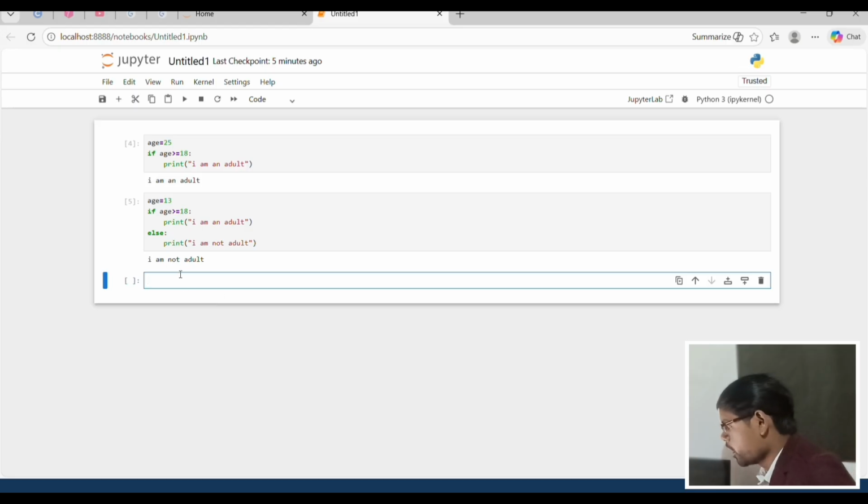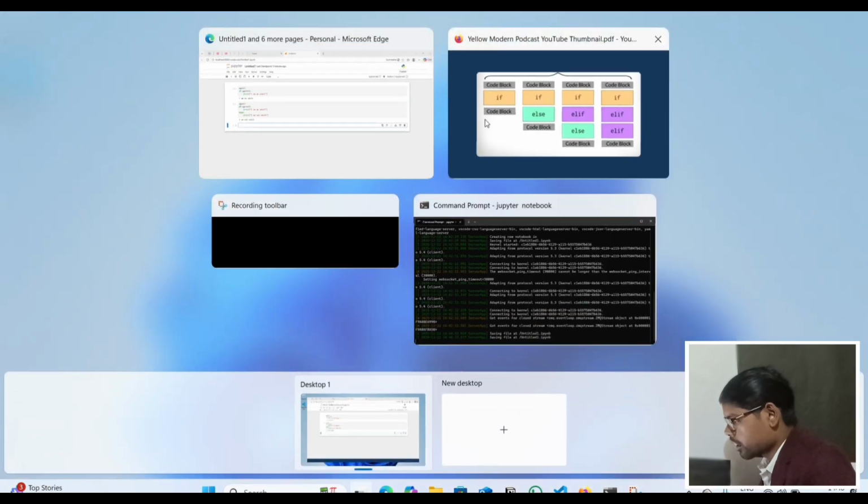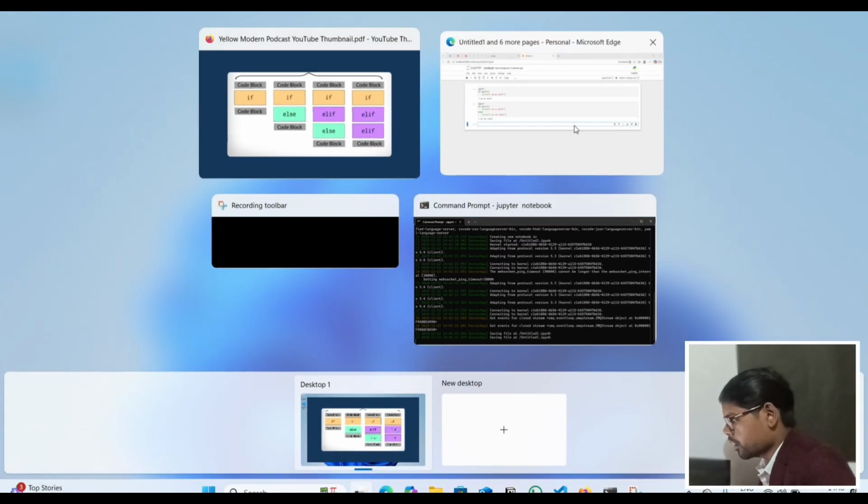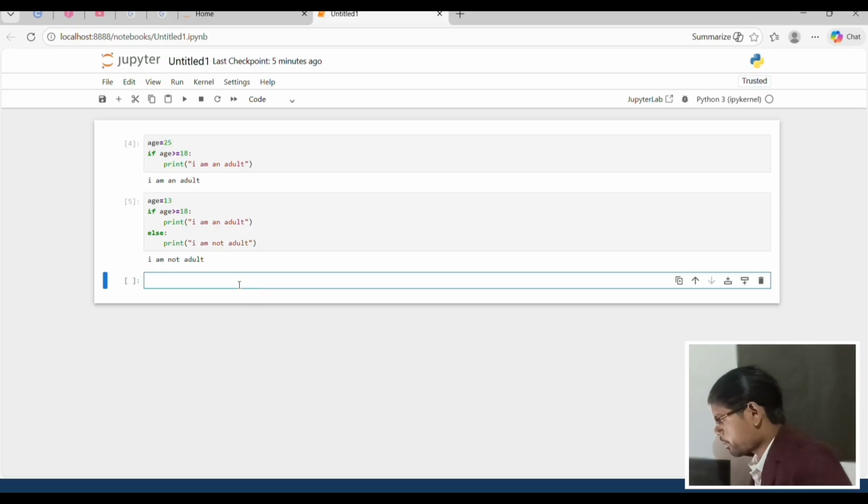And last, use if and elif. I will check our marks. Marks equal to 85.